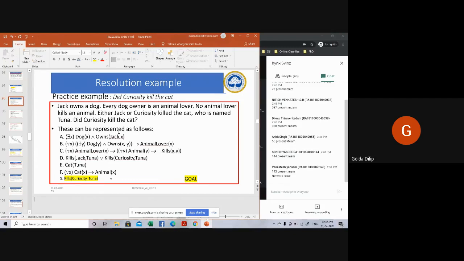If it is refutation, what do you do? You negate the goal, add it as a clause to the existing clauses, and then you resolve it. Refute by resolution, and finally you land up with a null set. If you land up with a null set, then you can say the contradiction has been proved, and that is what is called refutation. So how to use CNF to resolve it and how to refute it, that's the question here.